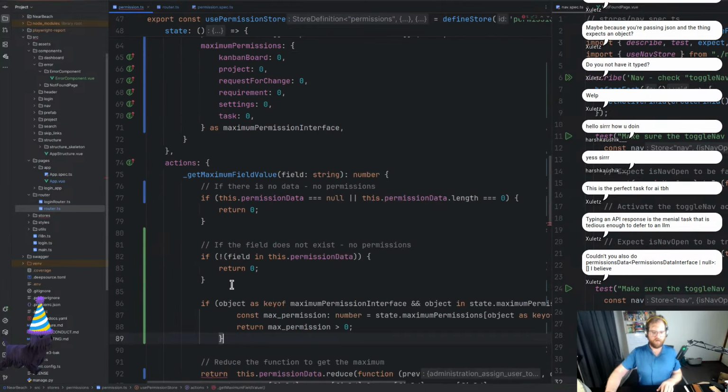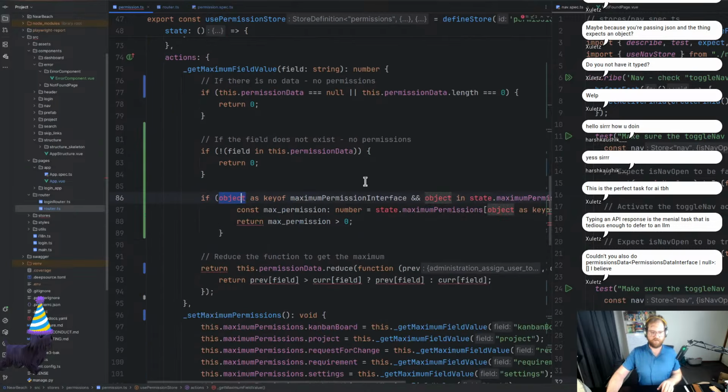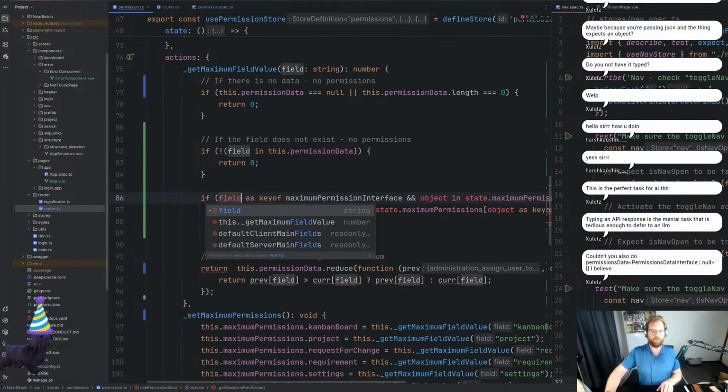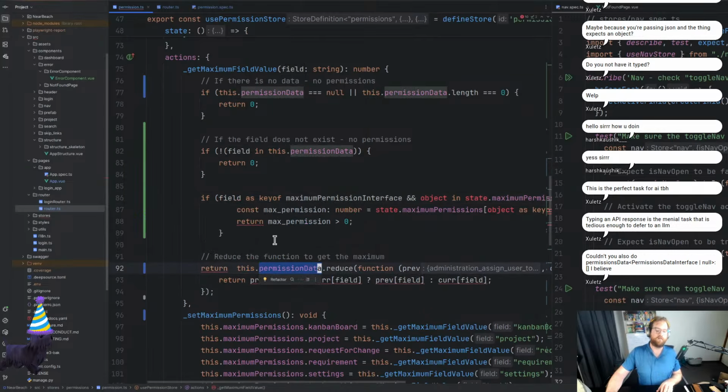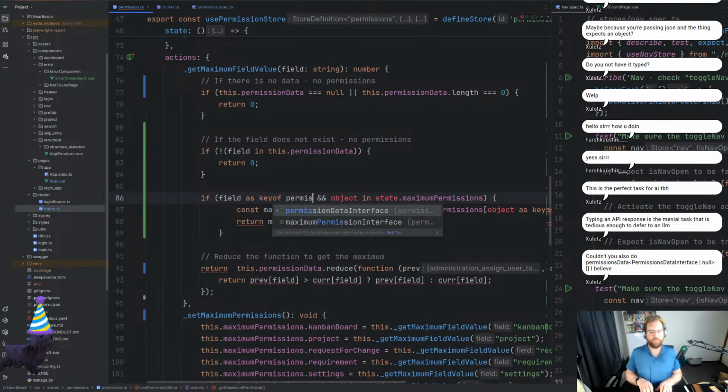So I'm just going to do that because we're going to cheat. We're going to go field as key of, and we're going to type in permission data interface. Easy done. And field